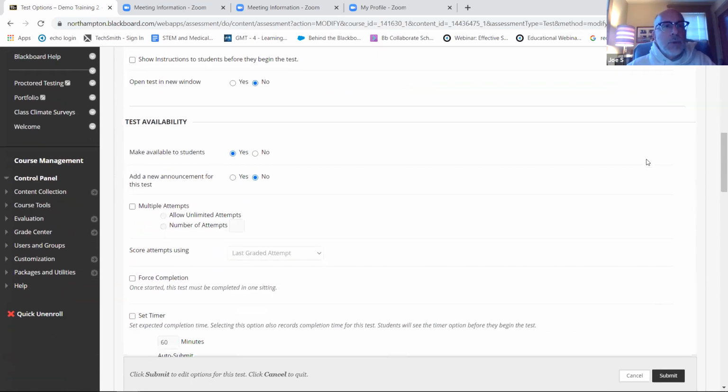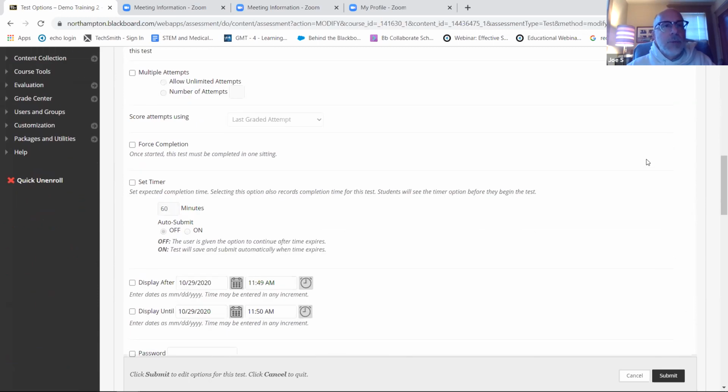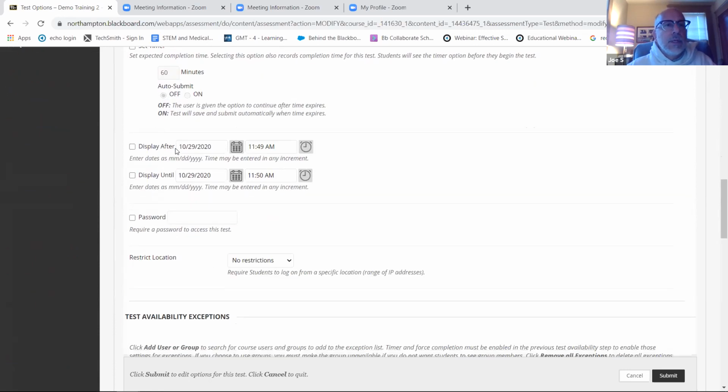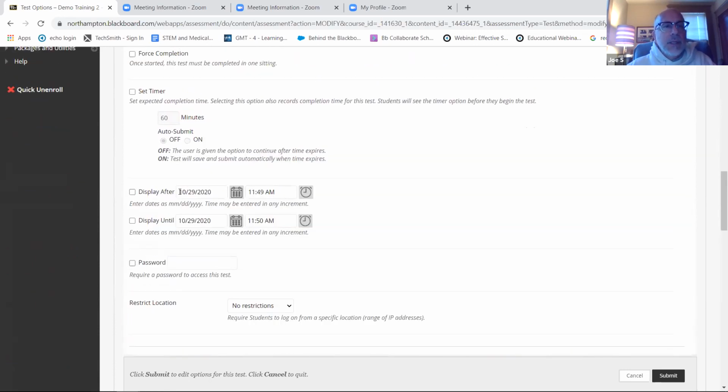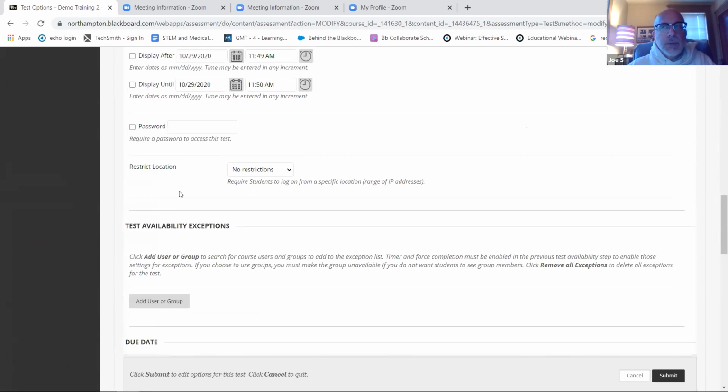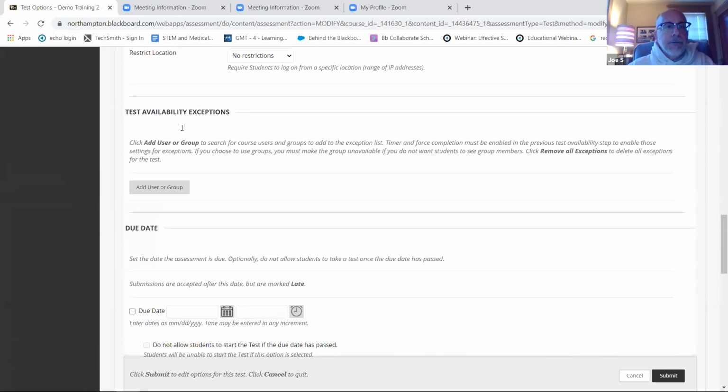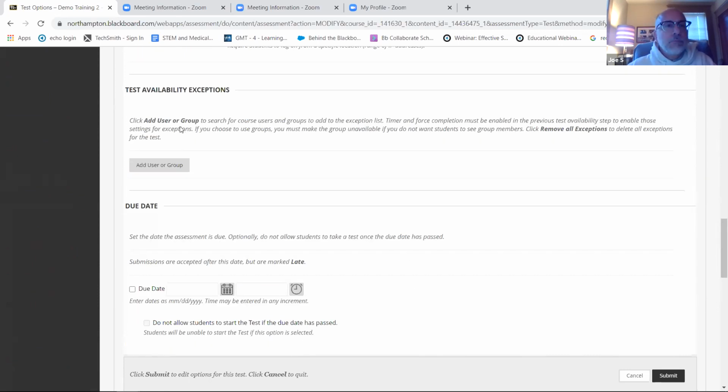So you have all the things that you want relative to your Blackboard settings and your exam. You want it to open in a new window, multiple attempts. Do not use forced completion with Proctorio. Actually, if you try, I think it overrides it, but I could be wrong about that. Just don't use it. You can have a timer, all right? You can have display options, etc. You will notice, we'll come back to that, that after we apply Proctorio, this field is going to be grayed out, but have something in it. Right? You don't want to modify that.